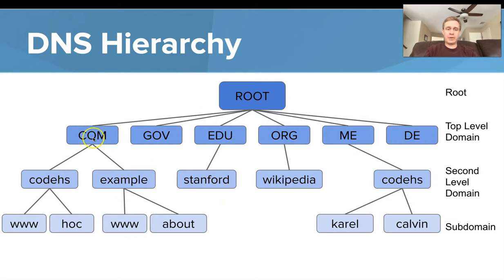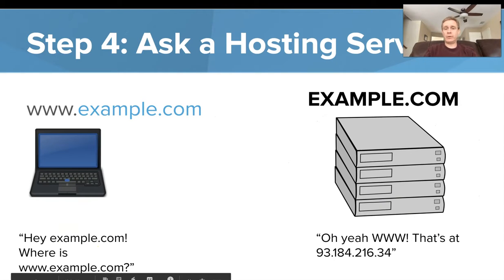And example.com, that particular server, stores all information about all these parts within it that are referred to as the subdomain of example.com. So www or about or mail or info.example.com, that example.com server knows exactly where those things are located. So again, we go to the example.com server, where is www.example.com, and that server tells us the exact IP address for